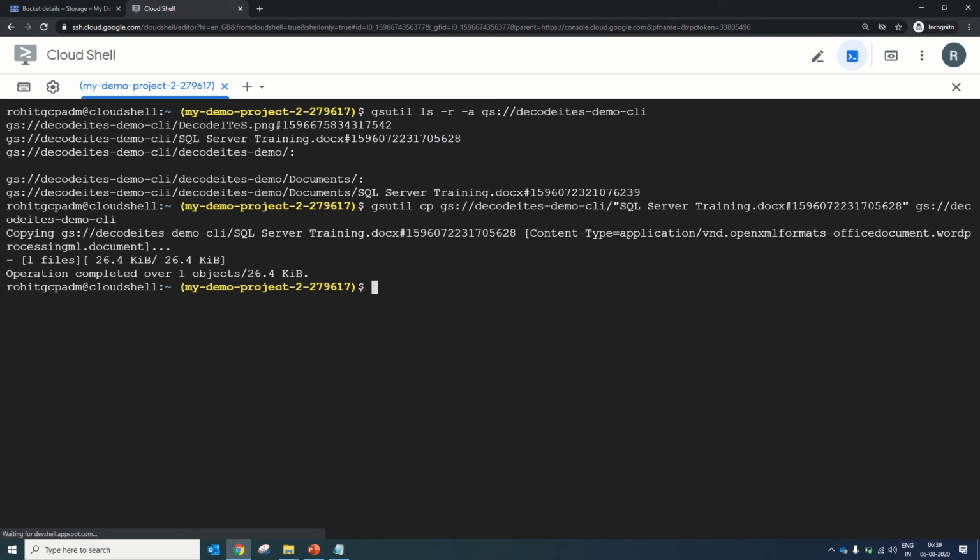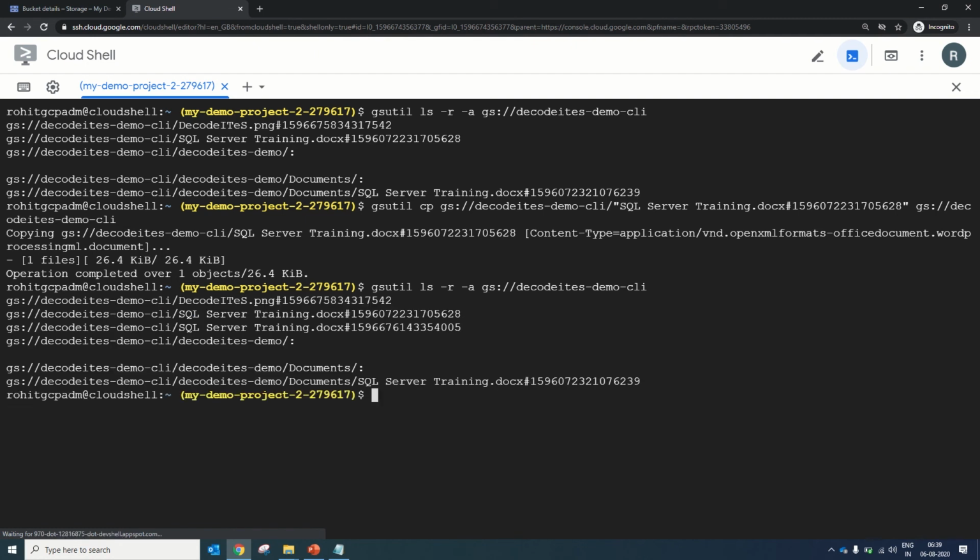Operation completed. Let's run the same command again. Now you can see there are two versions of SQL Server training docs. One is the same 5628, 5628. This is the original version that was created when we deleted the file, and this is the new version of SQL Server training docs that was created when we recovered this object from the deletion stage.